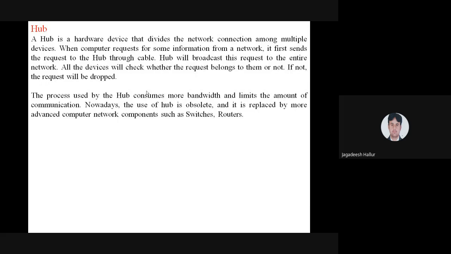But it depends on the individual computers whether to accept the request or reject it. That decision is taken by the individual PC and the hub. Nowadays we are not using hubs; we use advanced devices such as switches or routers.